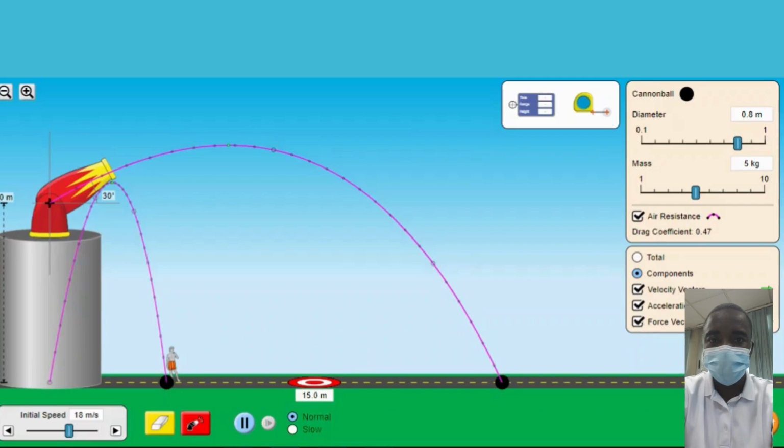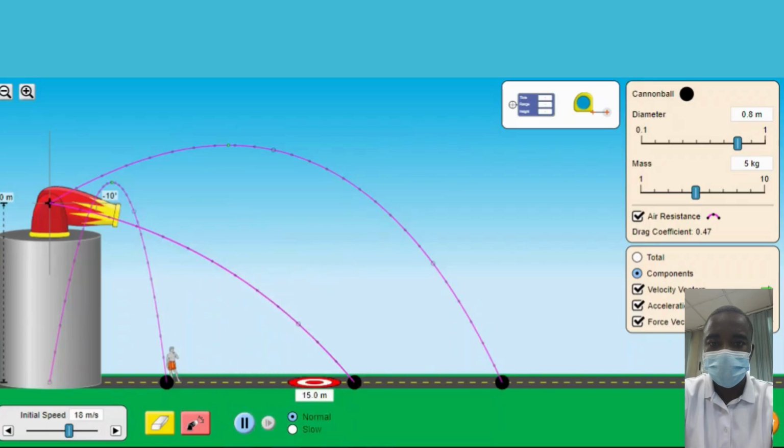The simulation allows students to determine the factors that affect the drag force and observe the relationship between the drag force and the velocity of the projectile. The drag force is proportional to the square of the velocity of the projectile, meaning that as the velocity increases, the drag force increases quadratically. By adjusting the velocity of the projectile, students can observe how the drag force changes and understand the relationship between